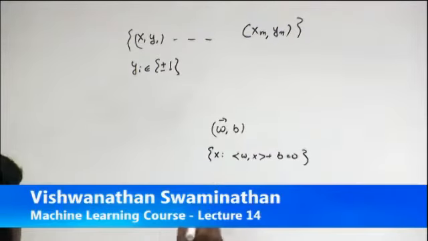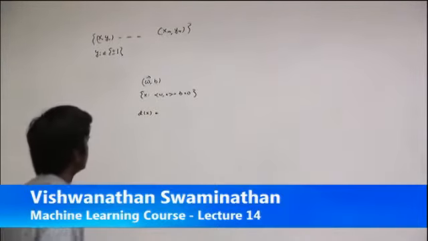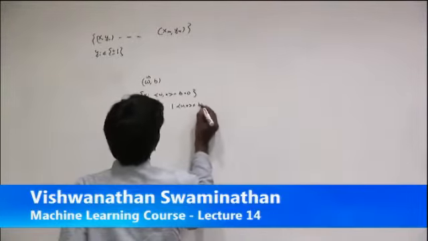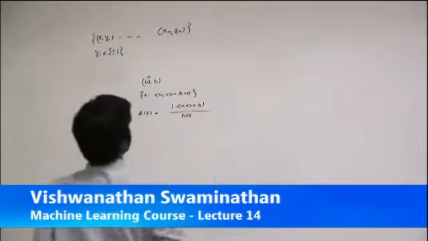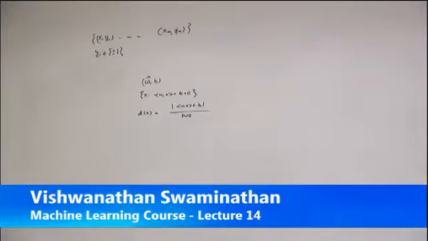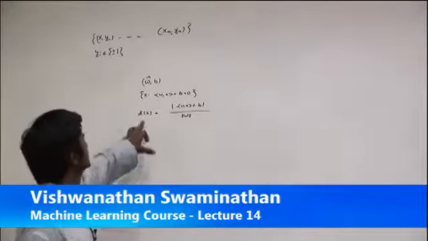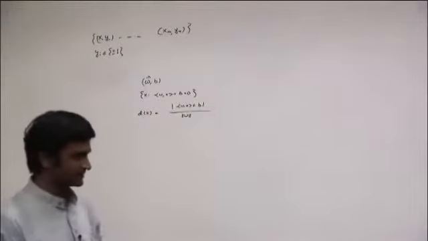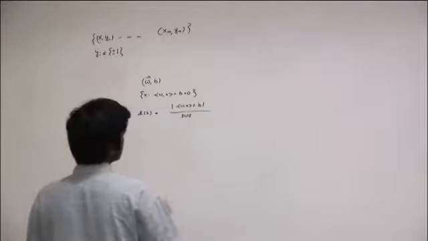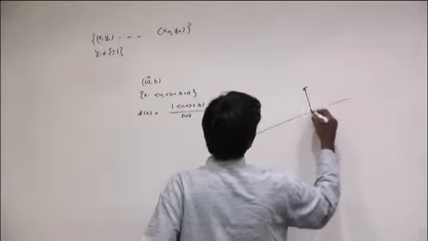And if you want to look at the distance of any point x from the hyperplane, the distance can be computed using the absolute value of W dot x plus B over the norm of W. This was a fact I asked you to try and prove. If a point lies on the hyperplane, then of course the distance is equal to 0 because it satisfies this condition. If the point is outside of the hyperplane, this is how you compute the distance. So if I give you this plane and this point, d of x is simply this distance.